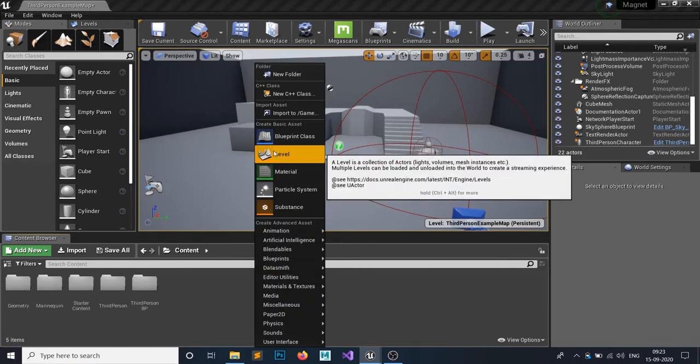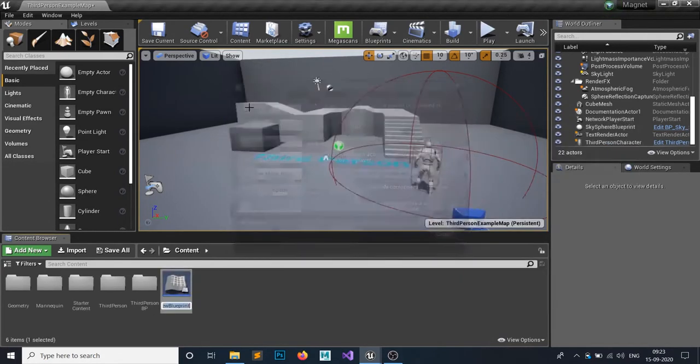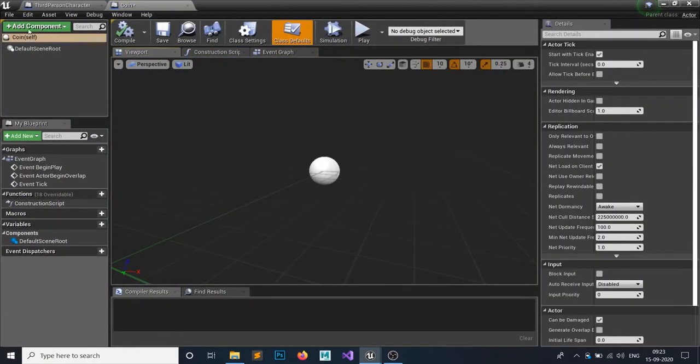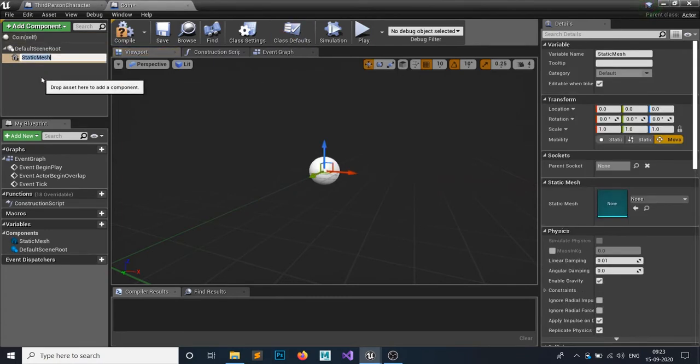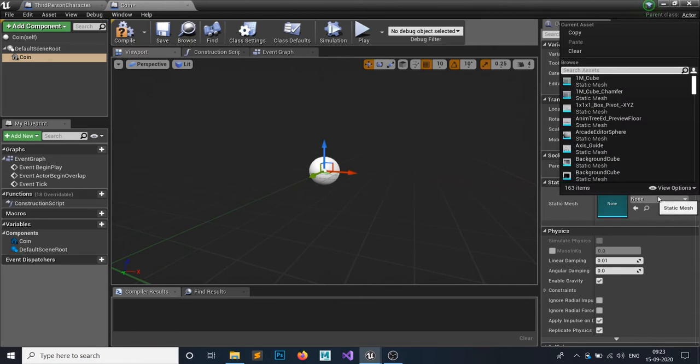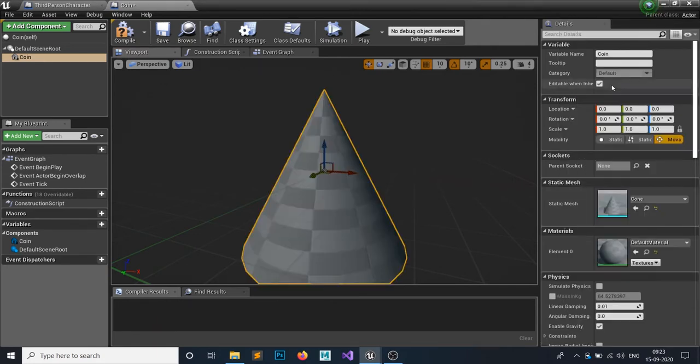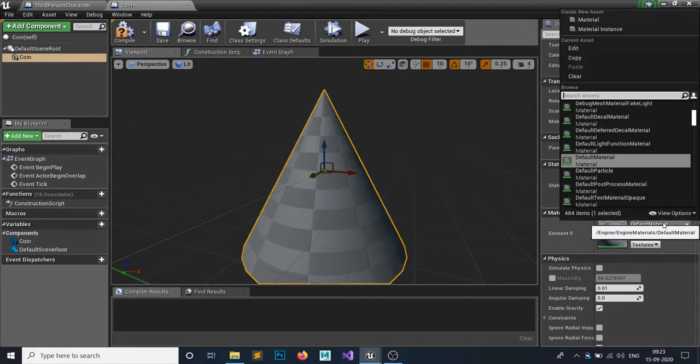Right click and create a blueprint class, actor class, and I'm gonna call it Coin. Open that up, and we need a static mesh, right? This would be our coin mesh, and let's make a cone because I just want to do that.